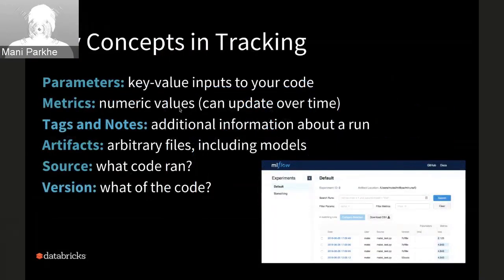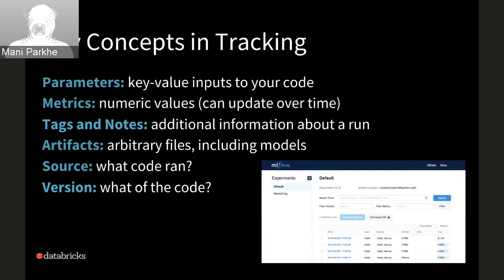So let's jump right into the key concept of tracking, MLFlow tracking. We talked about tuning machine learning algorithms. Parameters, which could be numeric or string parameters, are key to making sure you get what you want out of your machine learning run.